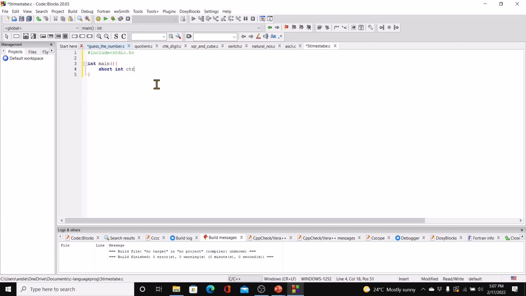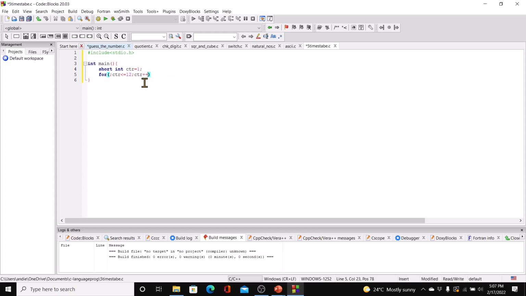We should initialize it to 1. We do that in the for loop. If we do initialize it here, then in the for loop we don't need to put in that initialization, so we just have a semicolon there indicating that we don't need to initialize. Then our condition, counter less than or equal to 12,